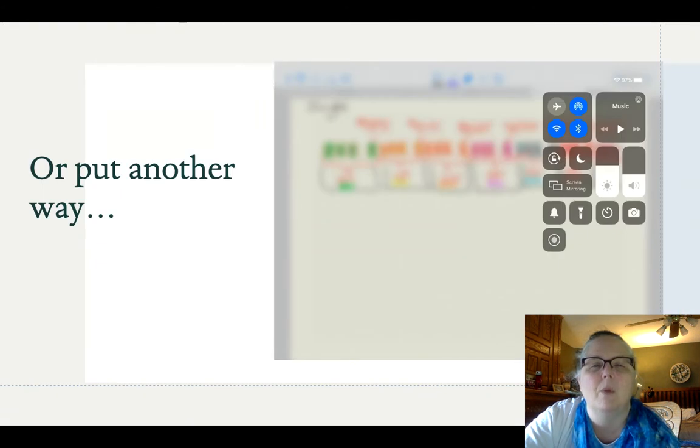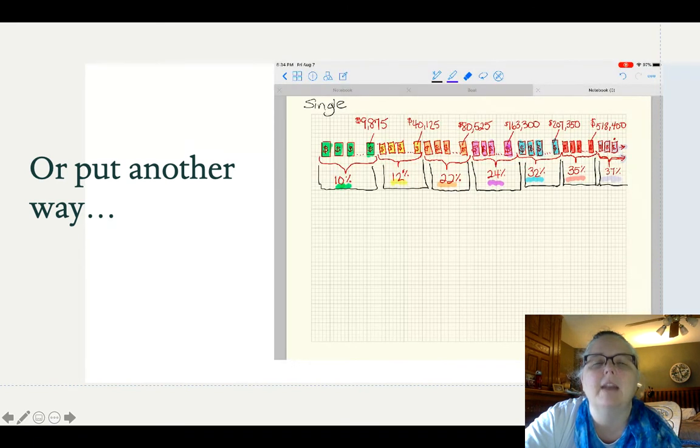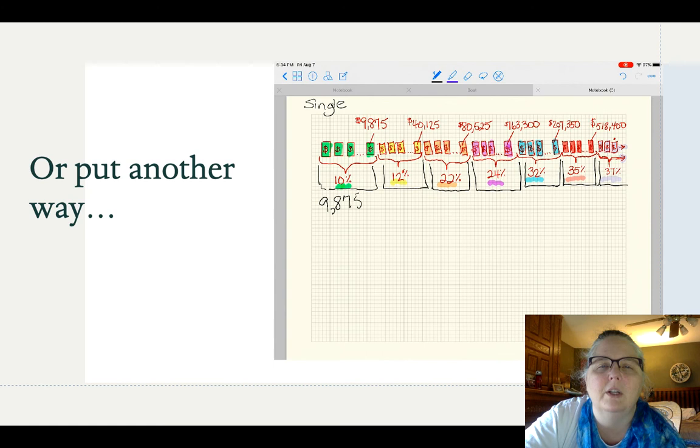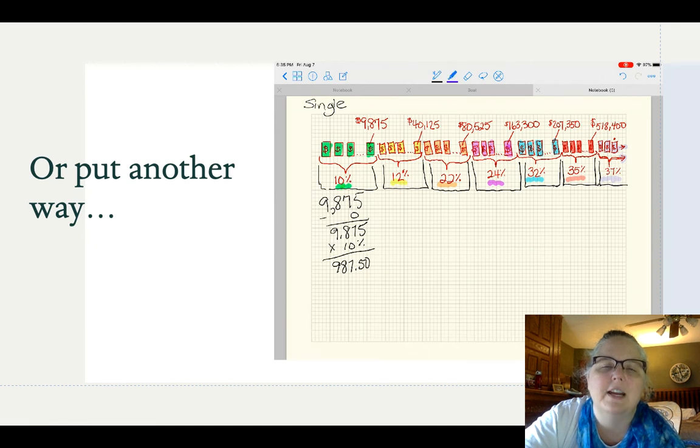Or put it another way, we can look at this little video I made here. If you look at your screen, taking the graphic that I made a little bit earlier, now we've switched back to single rates, we're calculating the amount in each and every one of these brackets, and I've color coded the brackets. So in the green bracket, the first bracket, the total tax that you would have if you filled that entire bracket is